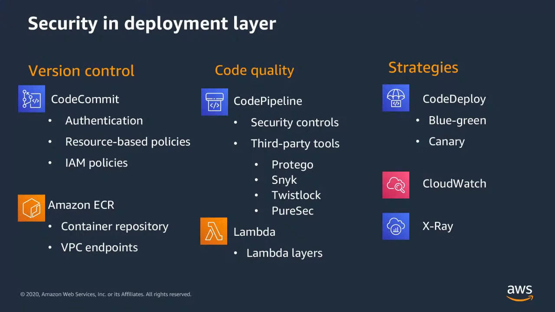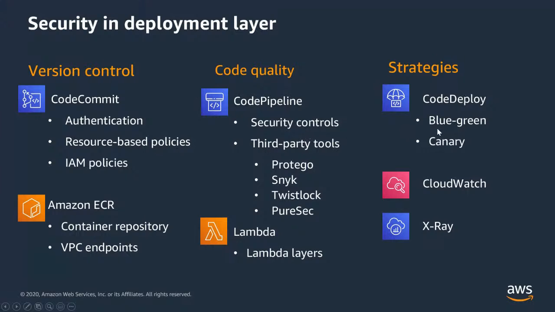With code quality and CodePipeline, you can plug into third-party tools, like what I mentioned last time about dependency vulnerability checking. You can do that in CodePipeline by integrating third-party tools. You could plug all of this, which I listed earlier, into your deployment pipeline, and it can check what's happening. If anything fails in the check, it will stop the pipeline and you'll get an alert. That way, you know you've not deployed anything insecure from a dependency perspective in your production environment, or in your staging environment or wherever.